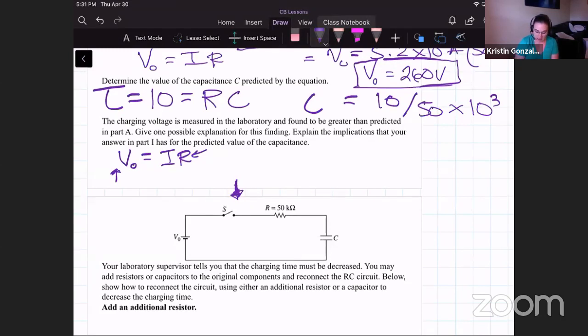So that has to mean that either my wire has some resistance to it or my power supply has some internal resistance to it, right? There's got to be some added resistance coming from somewhere. And where would that come from? That would have to come from the wires itself or come from that power supply in order to increase that resistance, which would increase that potential difference.